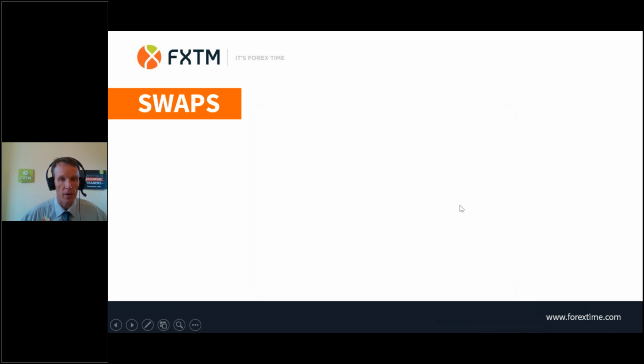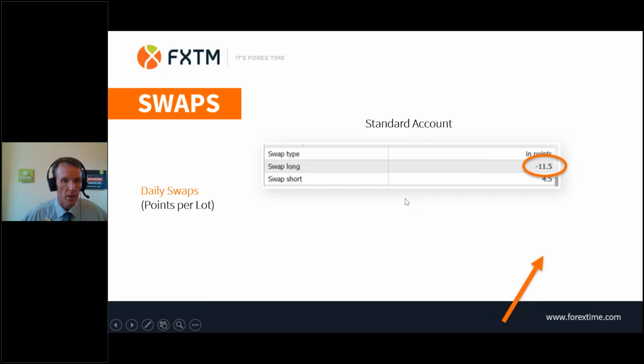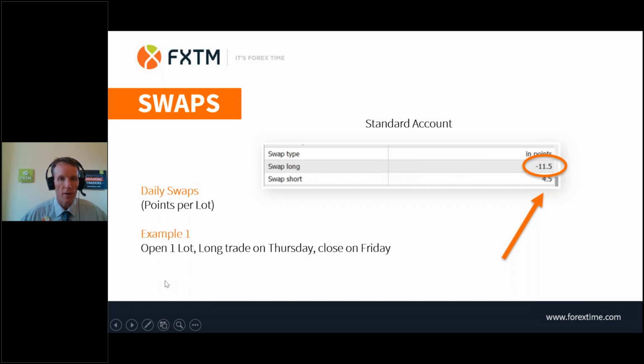We'll work out a couple of examples now. So let's look at an example, a couple of them, so you understand. Time is still going, right? Example 1, we have an open one lot position. It's long. We opened it on Thursday, and that's after Wednesday, and we closed it on Friday. Right, so it's one night. So it was only Thursday night. Friday we closed it. So it's one lot, 1,000 times one night